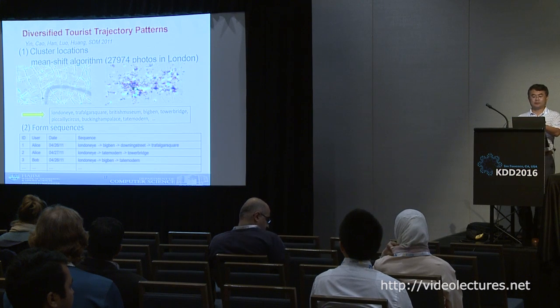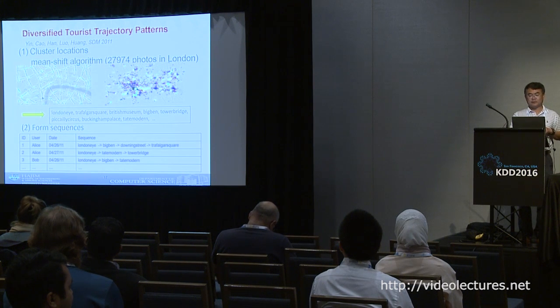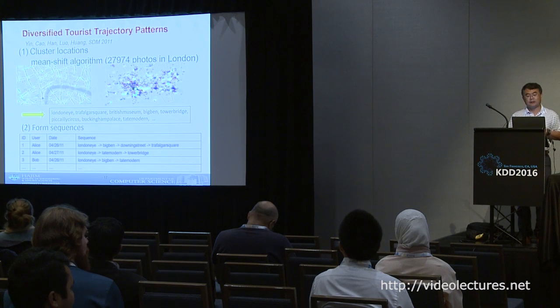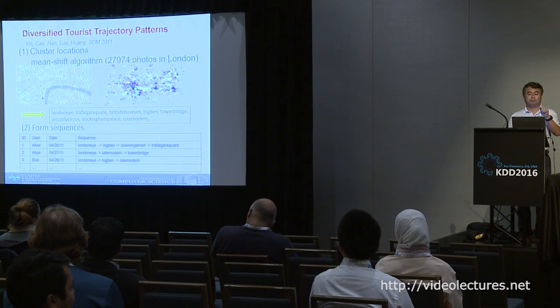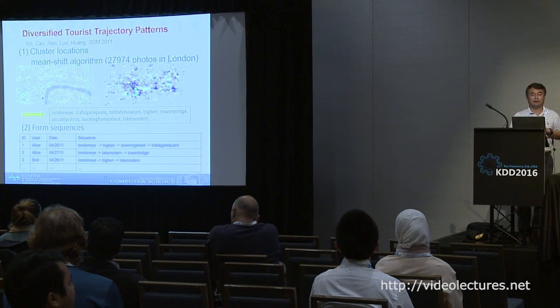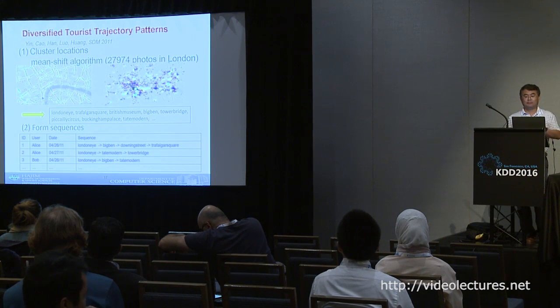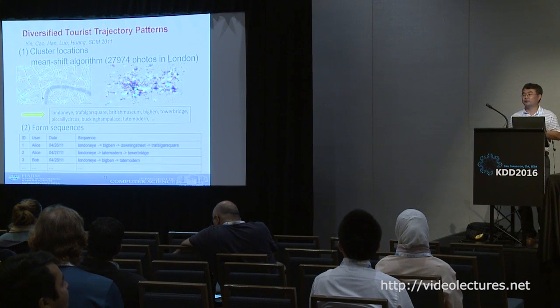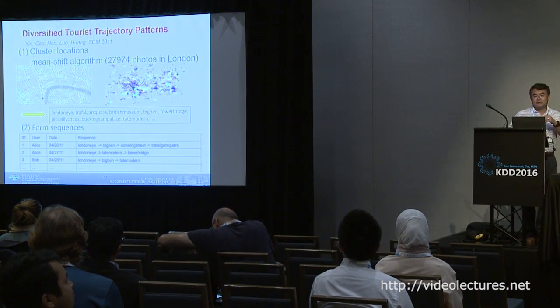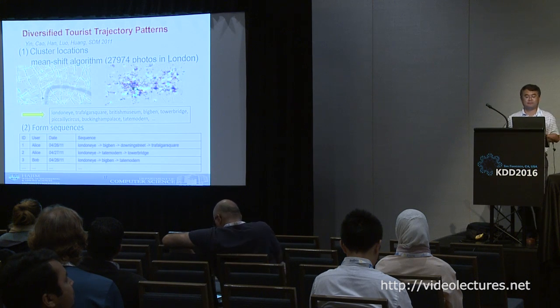So we get 30,000 geotagged photos, and then you can use clustering to discover all these colored clusters. So each cluster, as you can imagine, corresponds to an attraction spot. So different spots where people take a lot of pictures. And then these pictures were collected from Flickr, so they have associated text. So from the tags, you can mine the name of each spot. So that's what I'm showing you here. So London Eye, British Museum, and so on and so forth.